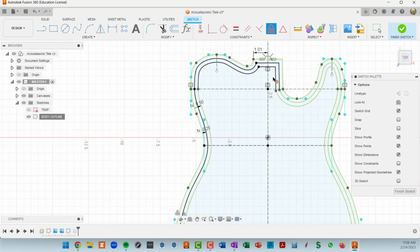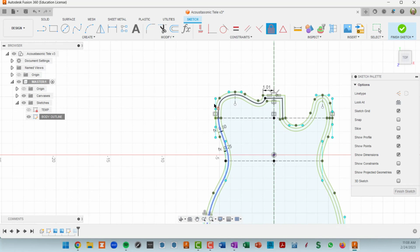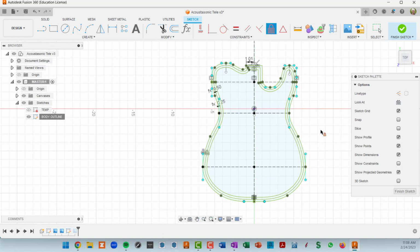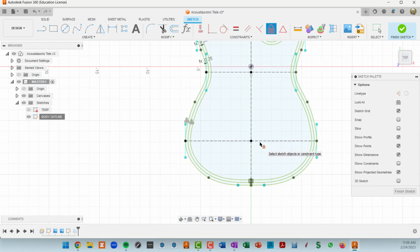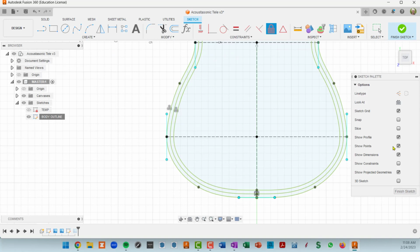It's probably overkill to do a bunch of the geometry up here, but I've found just when setting tangency, every once in a while some weird stuff happens. And you know, if you're zoomed in, you don't see it. So this is a good way to prevent surprises that you don't discover until you're quite a bit farther down the road of creating some of these curves. Okay, so we've got these three sets of curves defined, and now there's a whole lot of information here on the screen. So I think I'm going to